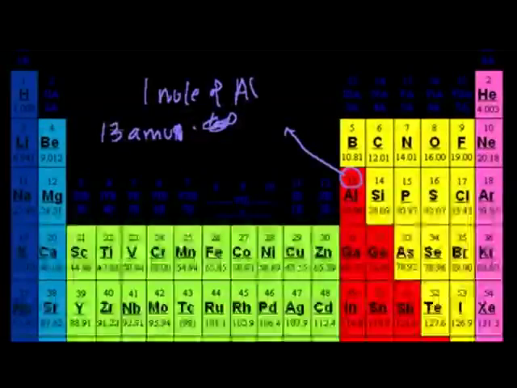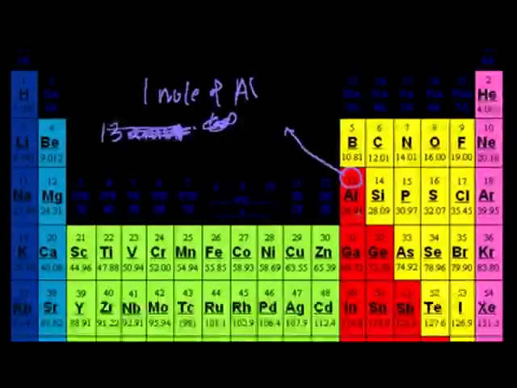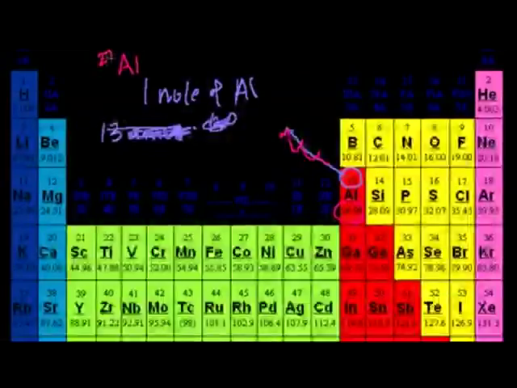Well, I won't write it that way, actually. That'll probably just confuse you. The easy way to think about it is if you have a mole of an atom, you take its mass. Actually, I was taking its atomic number. That's not good. You take its mass number. In this case, let's say it's 27. So we're dealing with aluminum 27. You take its mass number, and if you have 1 mole of it, then the mass of that will be 27